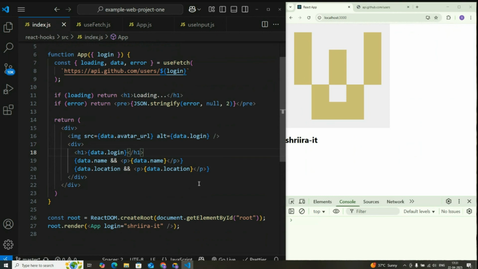Alright, so we did it. We have used our useFetch hook. useFetch returns loading, data, and error to handle all of these potential states when we're making an HTTP request. And this has really simplified the data in the component. And then I can use this useFetch hook anytime I need to fetch in my entire application, or even across